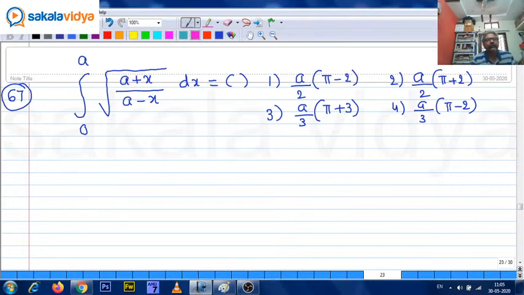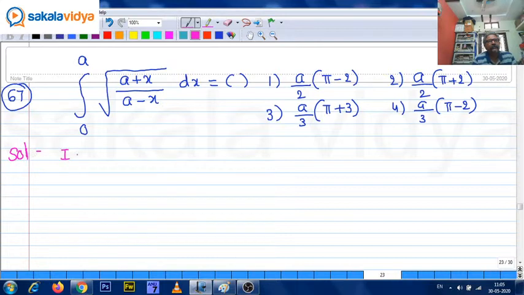Integral 0 to a of root of (a plus x) by (a minus x) dx means we need to rationalize the denominator with the root of a plus x. Multiply both numerator and denominator with root of a plus x. Then after that we need to integrate and substitute the upper limit and lower limit. So don't put x equal to a cos theta, it becomes very lengthy. So now the solution,